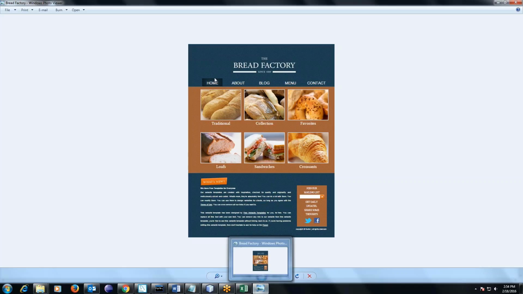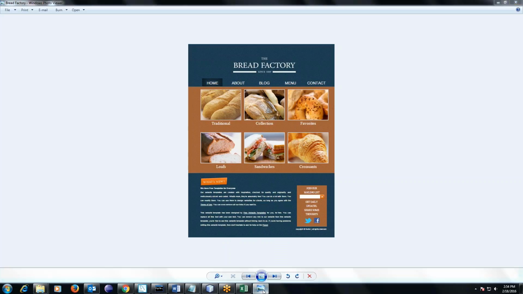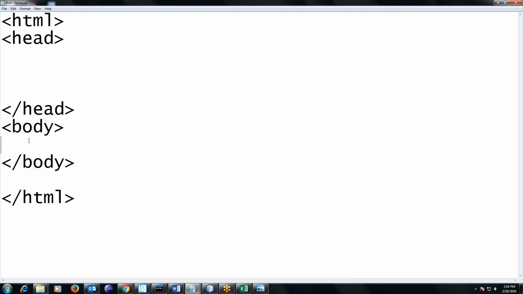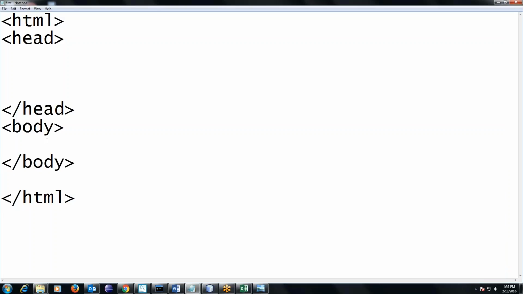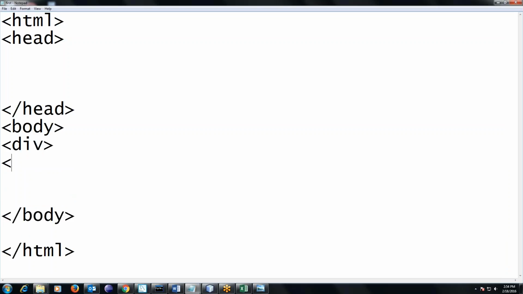Okay. Next one, I want to write about the menu bar. This menu bar we can develop using either a table or menu items or something. Whatever tags are available for the menu bar, we can use to develop it. And one more thing is some images. For these images, first I have to divide this into three parts. We can use for the three parts either a division tag, open and close,